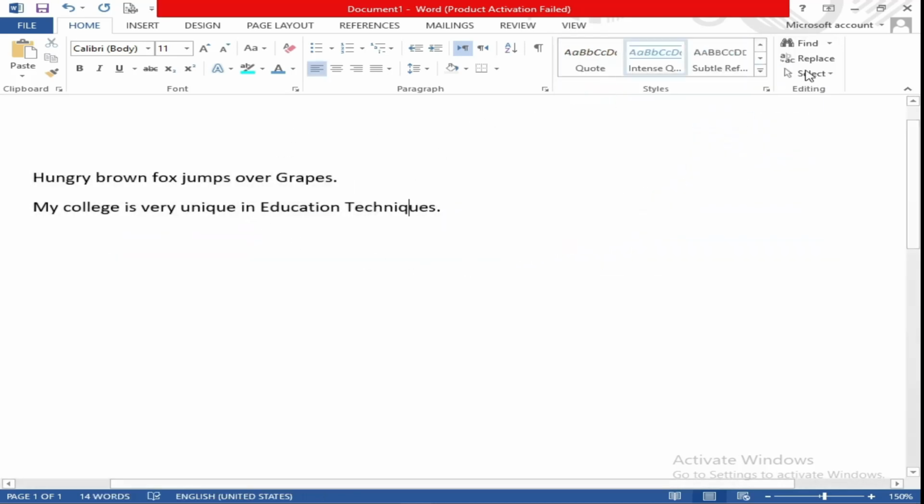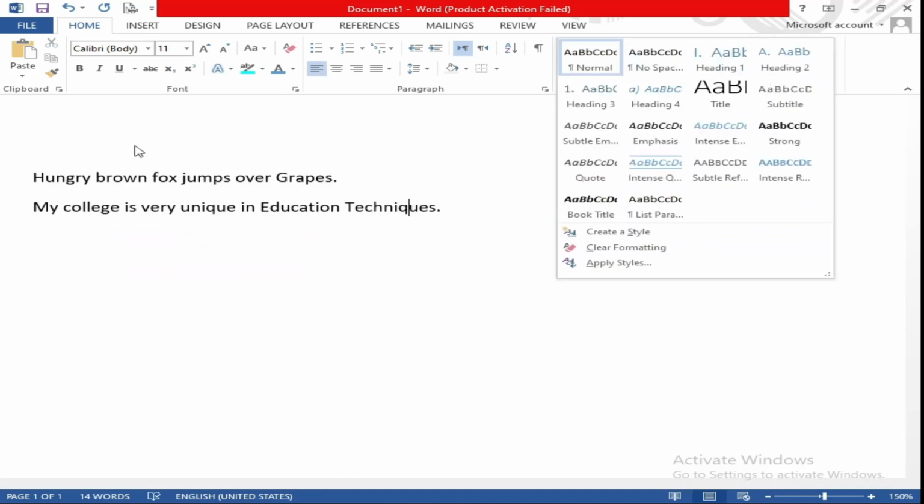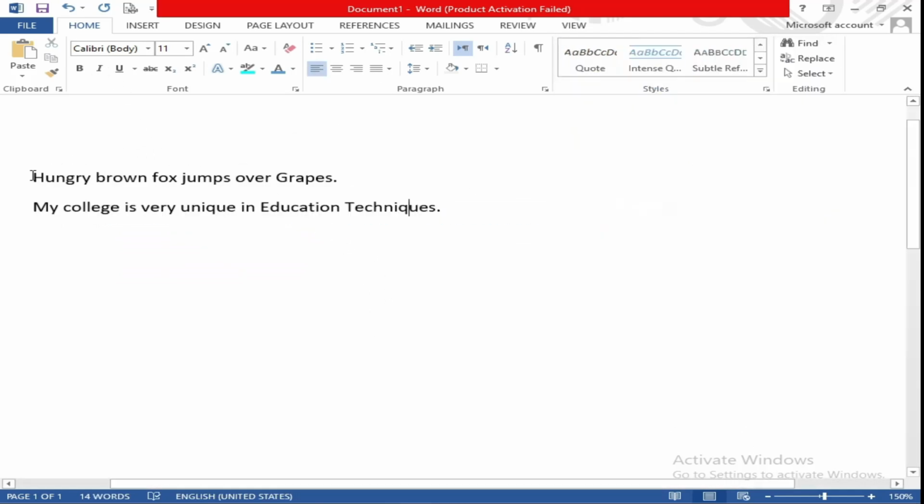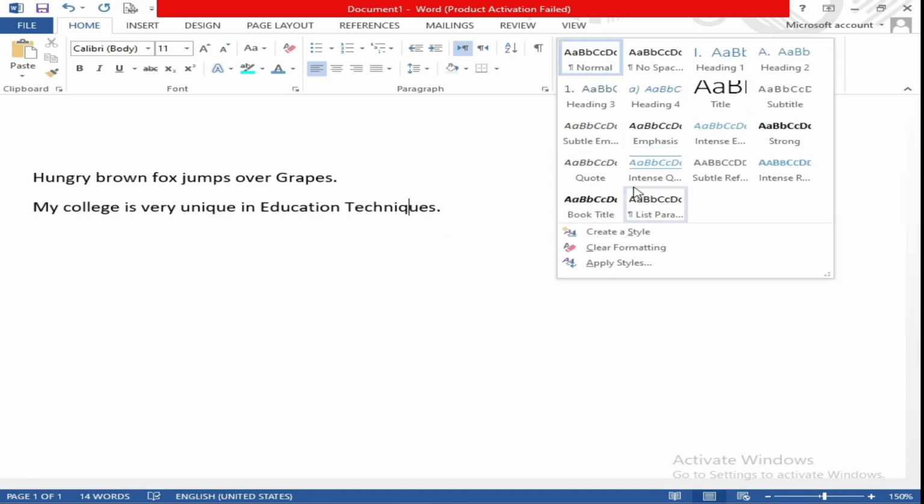As you can see, all the formatting you have done on it, for example the highlighter, the color, the size, has been automatically cleared.